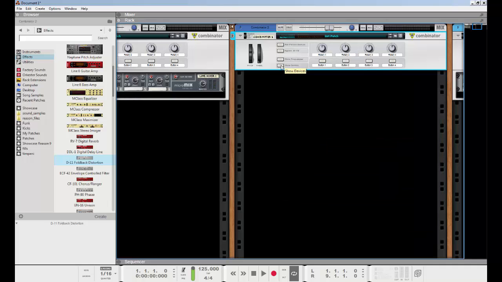Keeping things neat and organized in your rack and your sequencer and your mixer is important. It's going to speed up your workflow. You know, it might take you some time to sit there and label things, but that's only a second. And if you reopen your song a week later, it's going to help you tremendously to keep organized and get back into the flow of creating and working on your song,